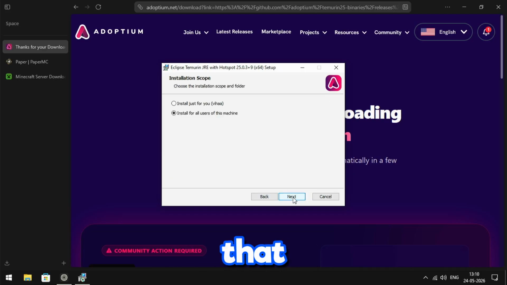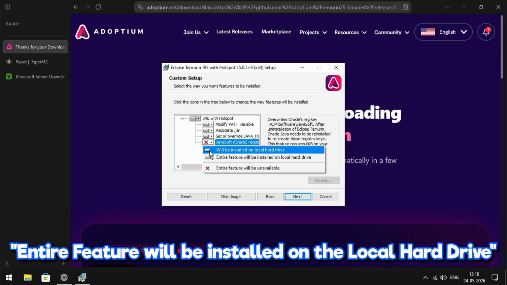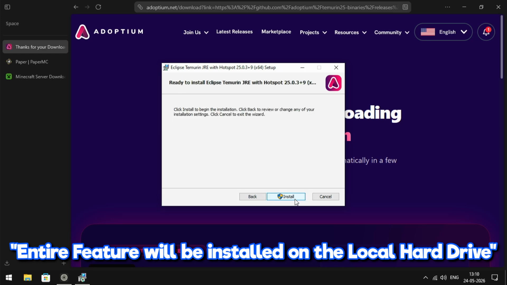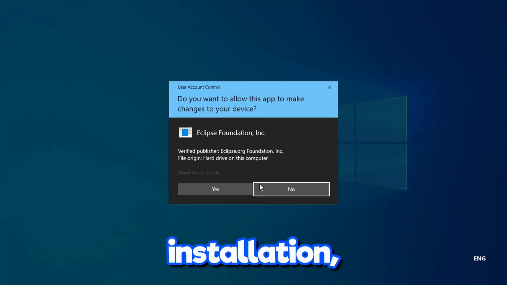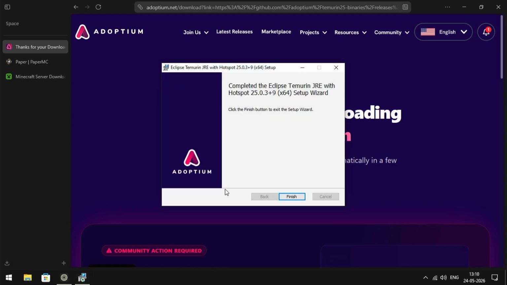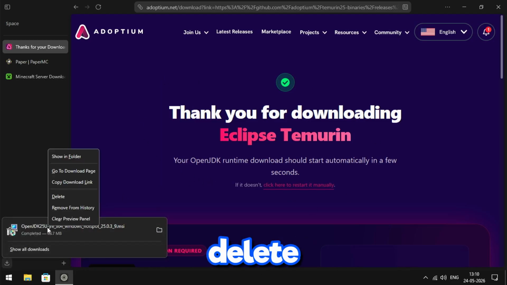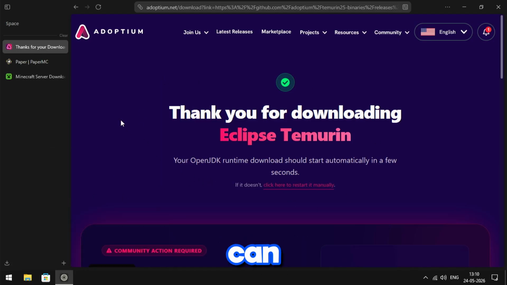Just note that for all of the modules you have to click on it and click entire feature will be installed on the local hard drive, and proceed with the installation. Click yes and just wait for it to install. Okay, so now that the installation is complete, we can now safely delete the installer, and we can now close